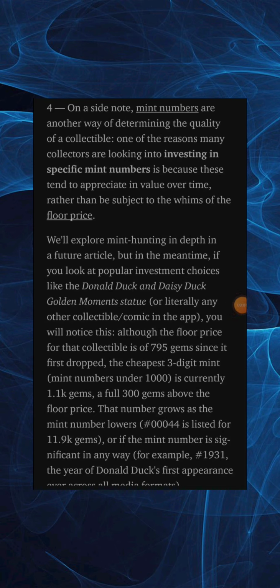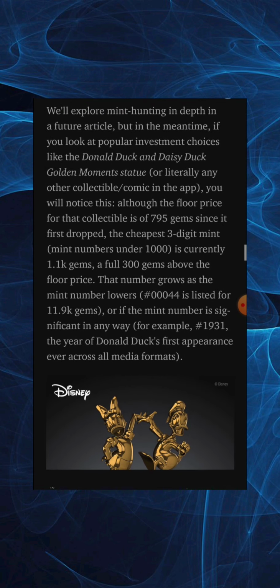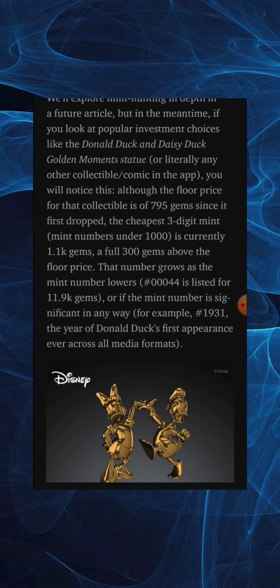On a side note, mint numbers are another way of determining the quality of a collectible. One of the reasons many collectors are looking into investing in specific mint numbers is because these tend to appreciate in value over time, rather than be subject to the whims of the floor price. We'll explore mint hunting in depth in a future article, but in the meantime, if you look at popular investment